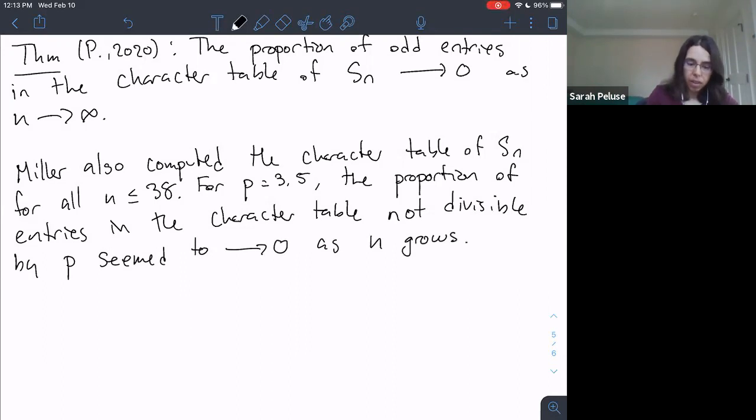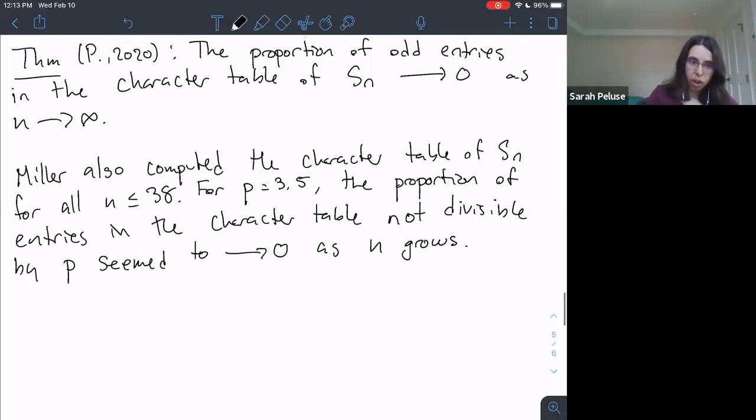So based on this, he conjectured more generally that as n goes to infinity,